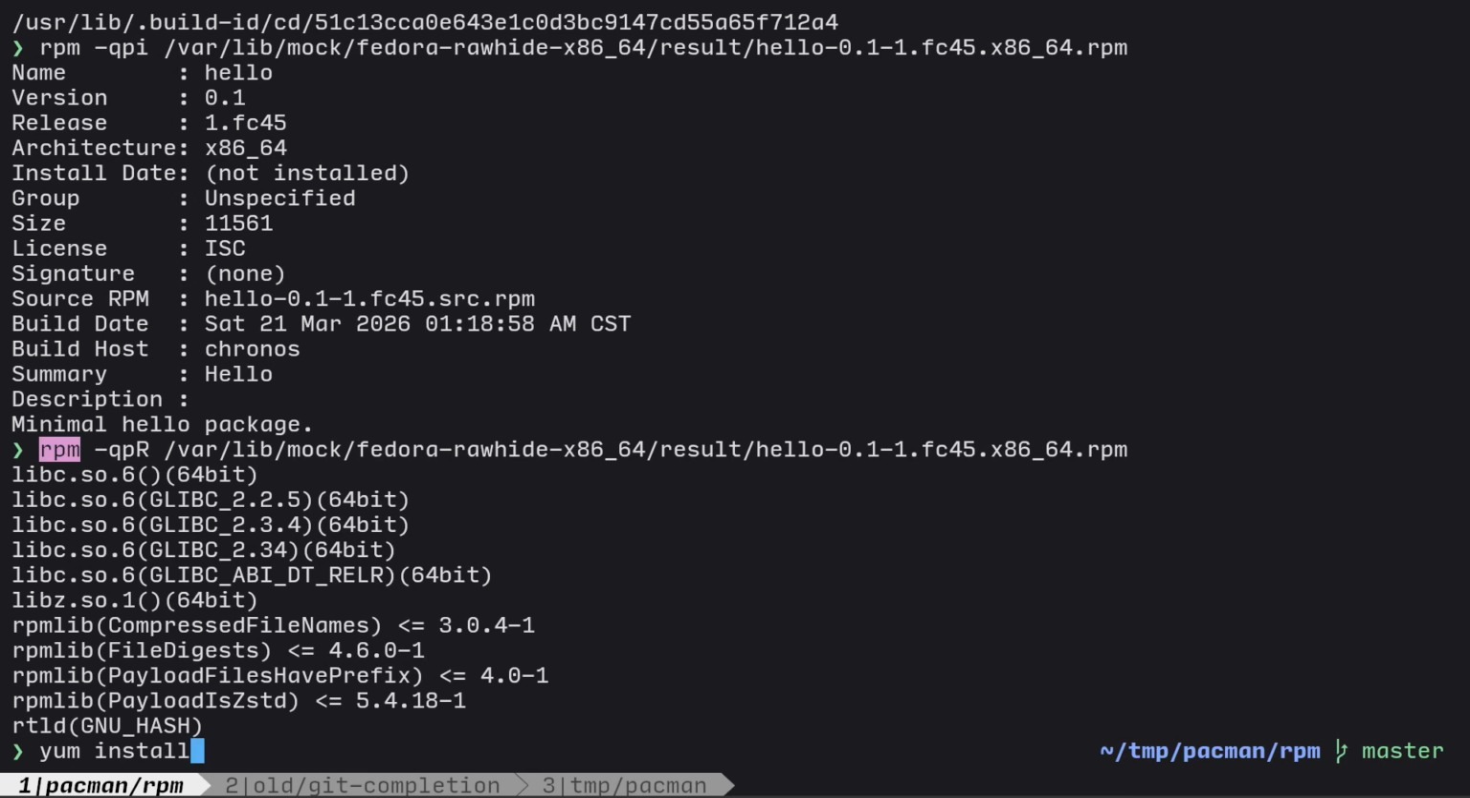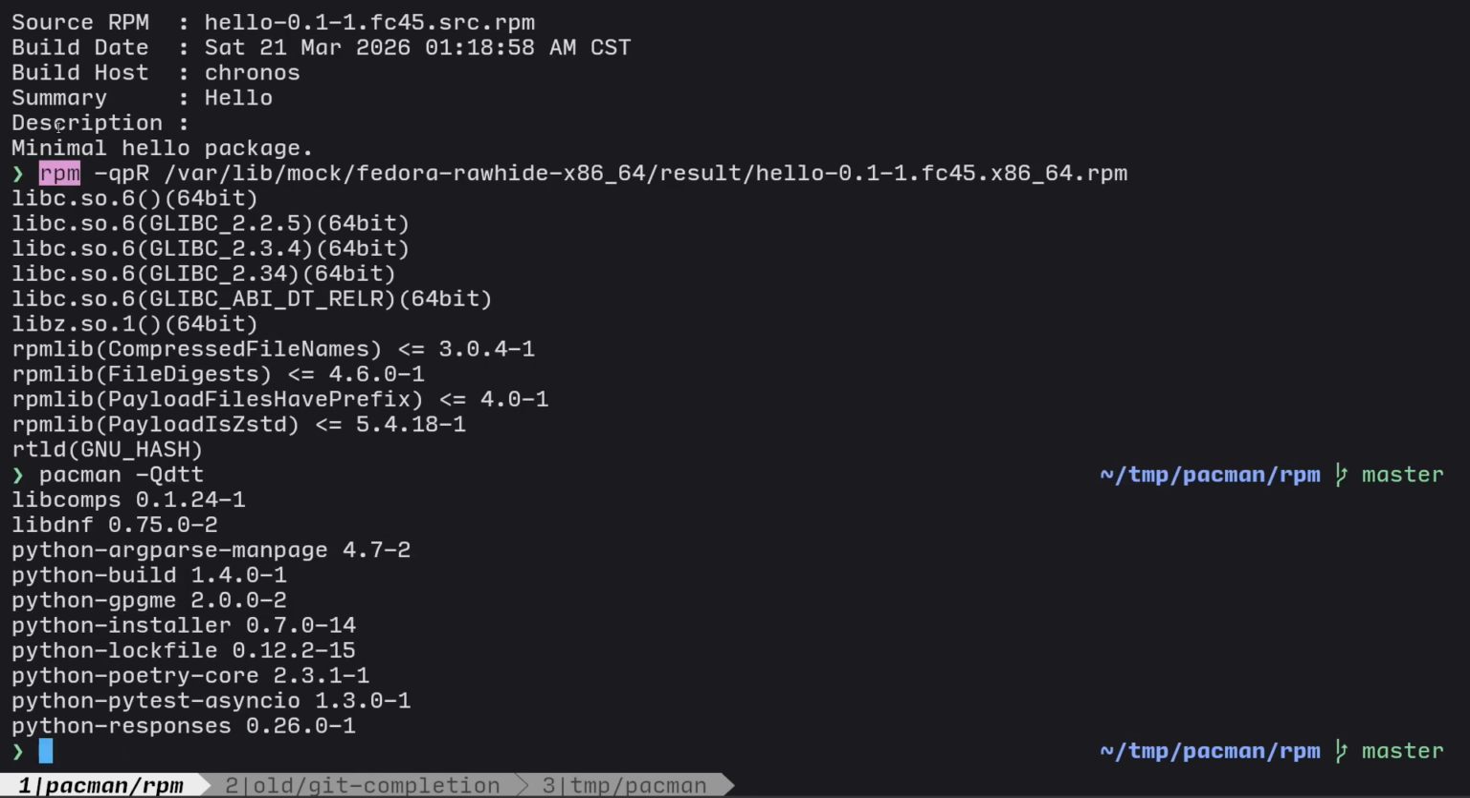That's the result of historical baggage, which is why I prefer Pacman, because Pacman is just Pacman for everything. Right? Pacman to install a local package, Pacman to query information about local packages, Pacman to download packages, remove packages, everything. Everything is just Pacman. Yeah, and for example, I can say list all the packages that